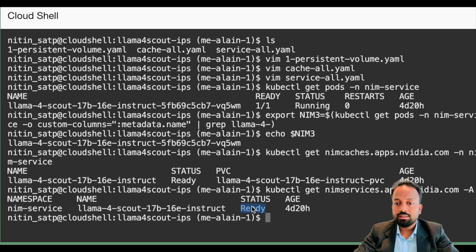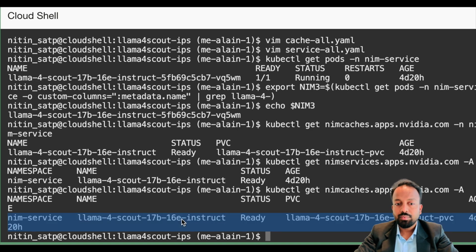As I mentioned, this is already recorded, so that's why it shows 4 days, which is active. This is another way. I'm just showing the NIM cache again inside the NIM service namespace, and the PVC which is attached to this NIM cache is this one. This PVC is made up of the PV file, the persistent volume file, which we have already created and run.